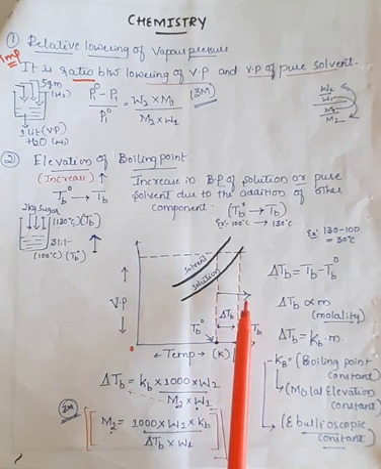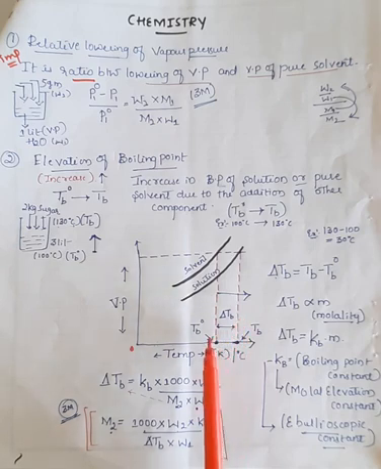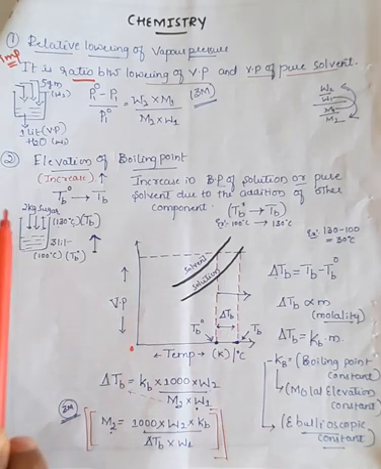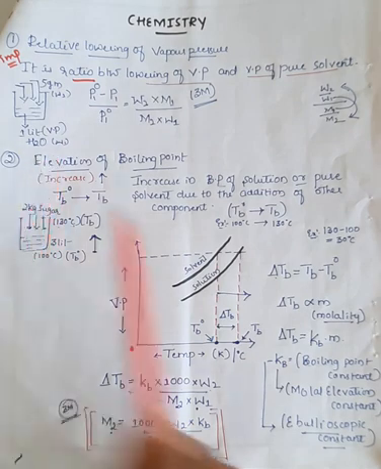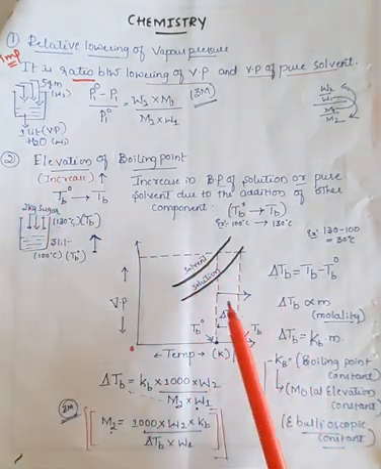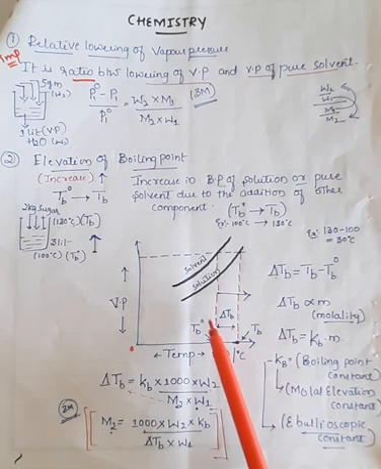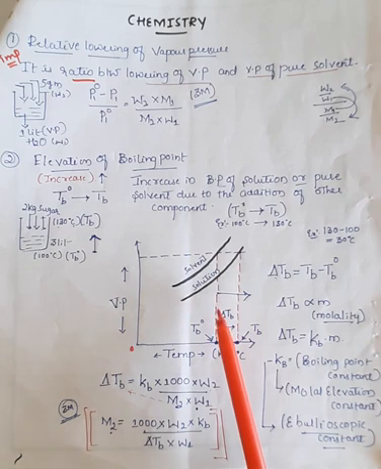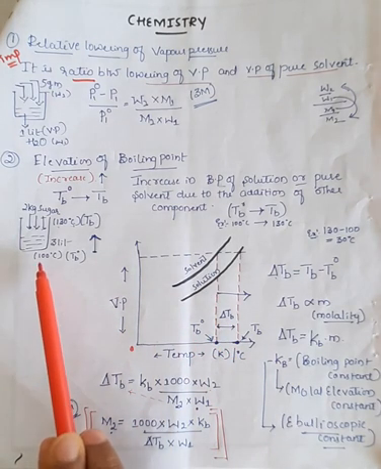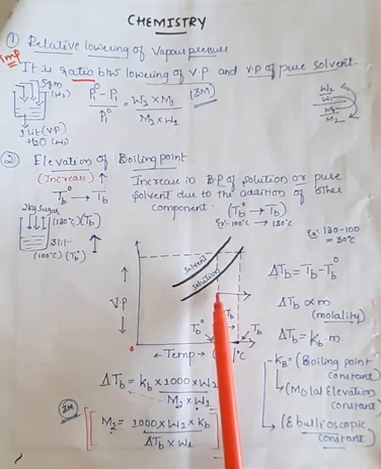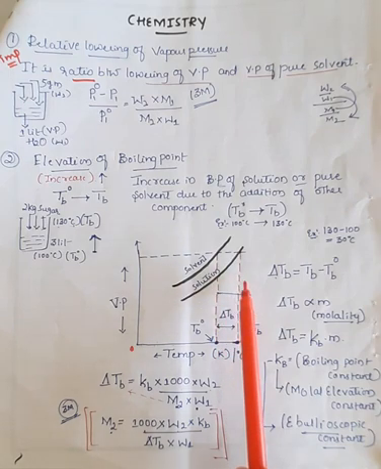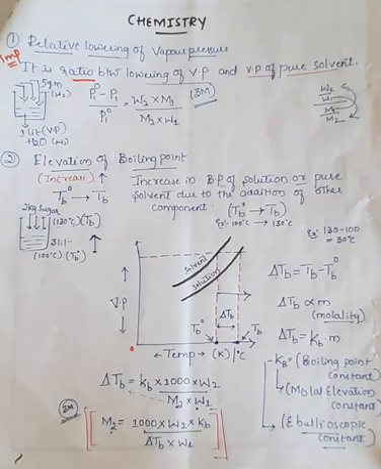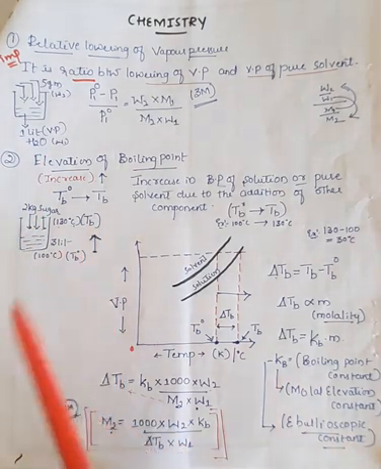So the normal or standard value has increased due to the addition of solute molecules, and that is called elevation in boiling point, and this is the graphical representation. See here, the red lines represent the shifting of the boiling point from the normal value. The first line was initial, that is for 100 degrees Celsius, and due to the addition of solute this line has shifted here, that we can see in the arrow mark. This shifting was due to the addition of solute molecules, and that condition is called elevation in boiling point.